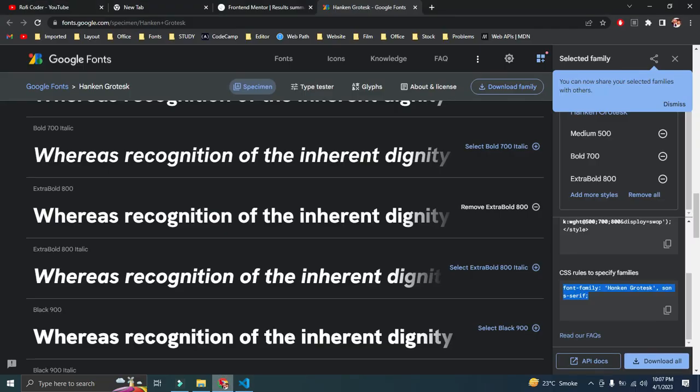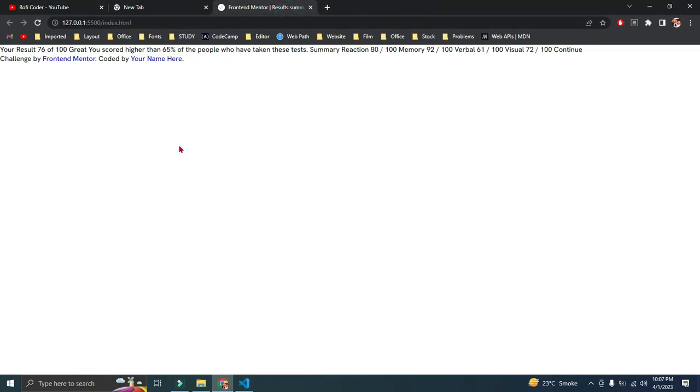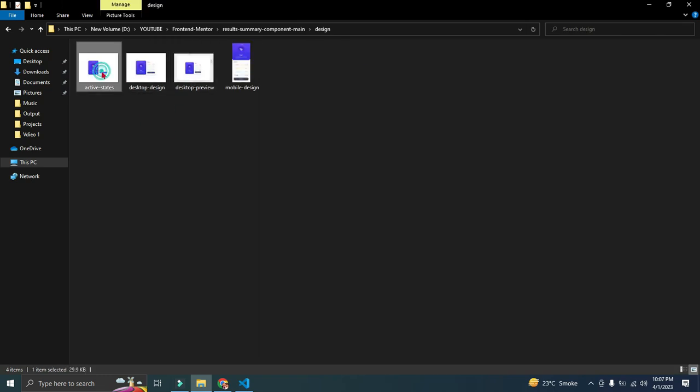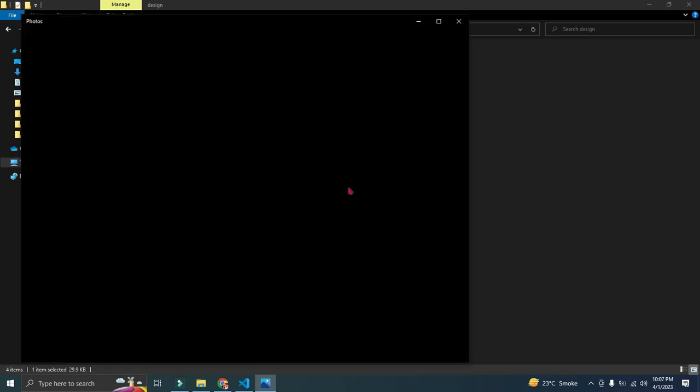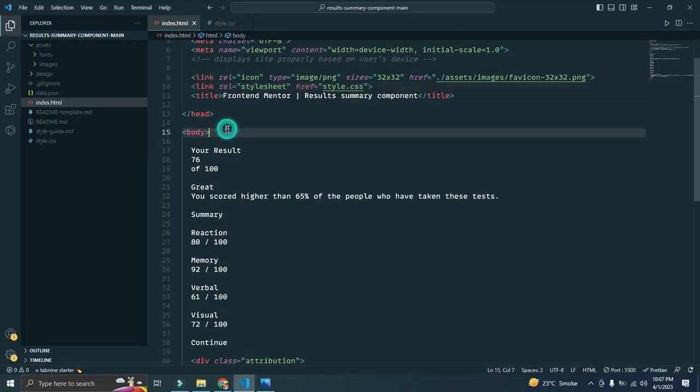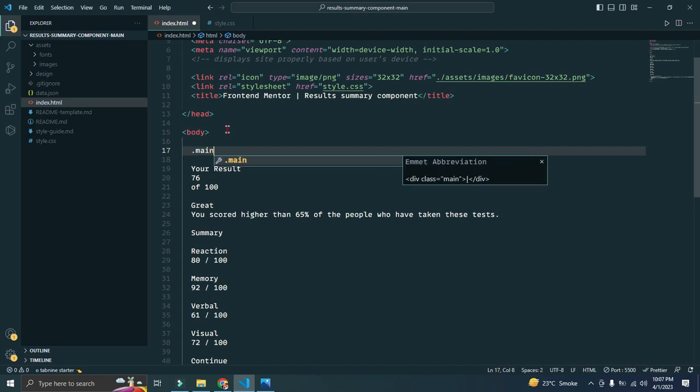Okay, let me close this and let me jump to the design. To see the design, I'll go to the design and just open it. Okay, so first of all we have this body, and in the body we have this container. Let's make it main container. In the body section we have our dot main container, with the class of main. In the main we have